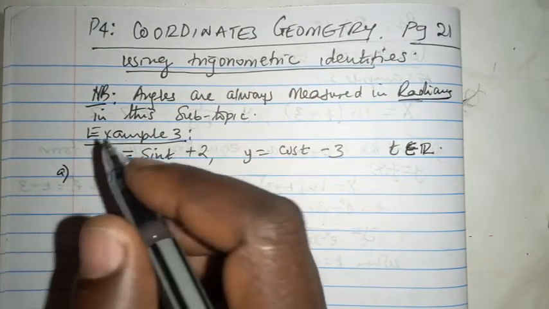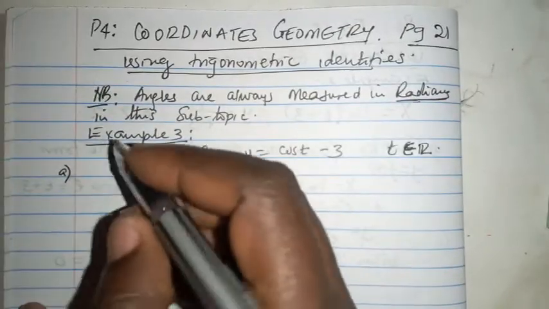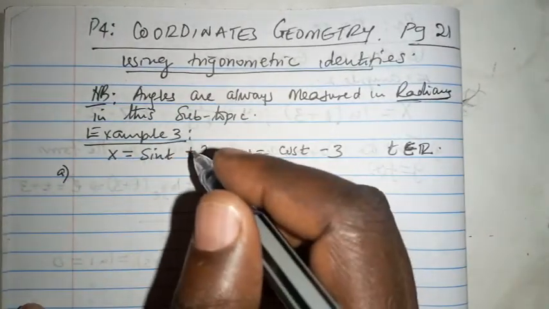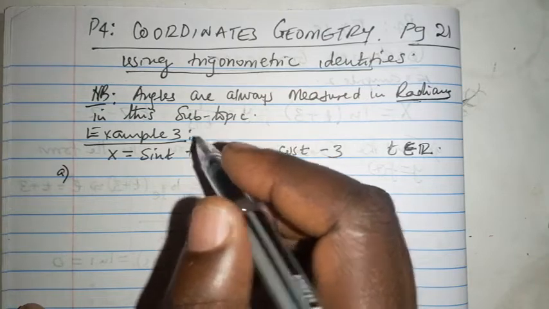Part A: show that a Cartesian equation of the curve is